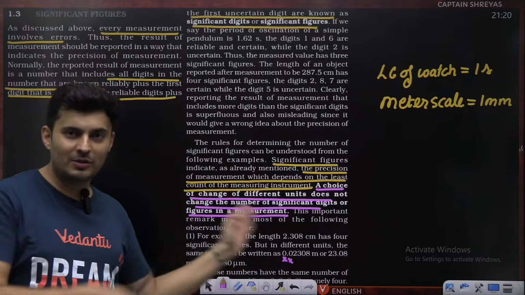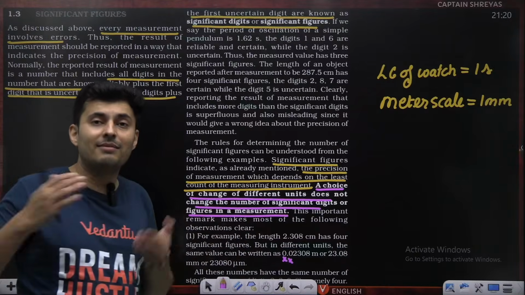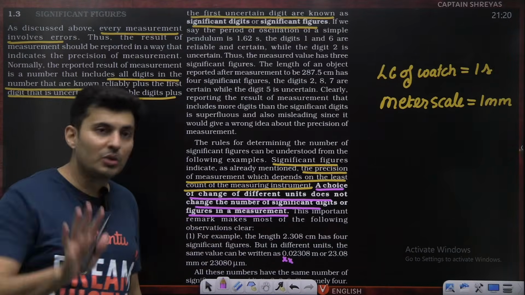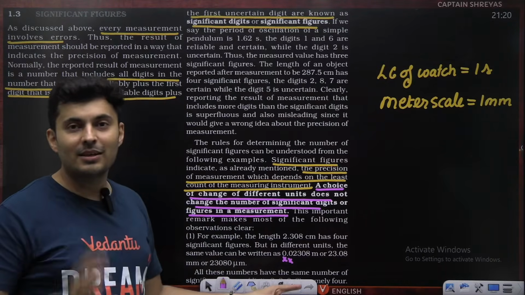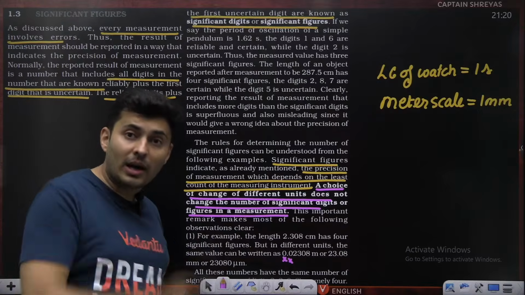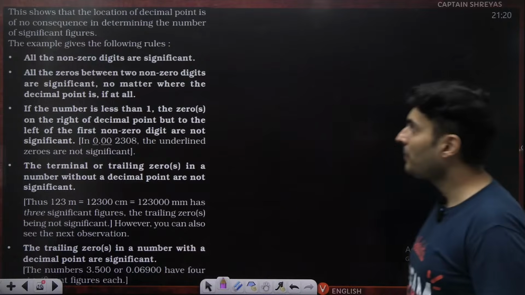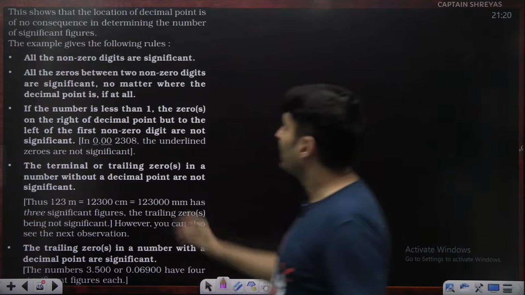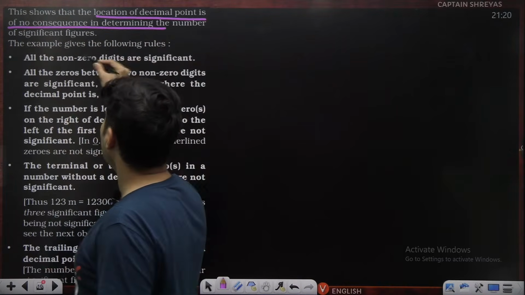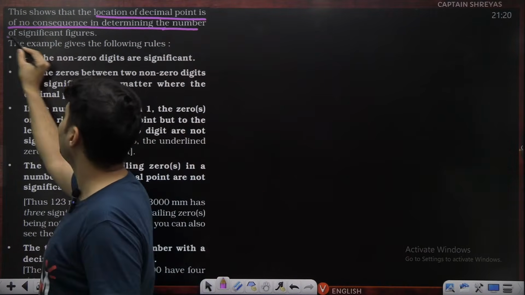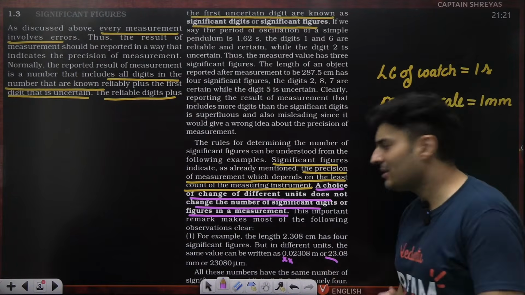No. In fact, there are rules which we are going to talk about. There are rules in determining which zeros are important and which zeros are not important. And you should know that by just changing the unit, it does not mean you have changed the significant figures. You have to make sure that when you convert, the final significant figures are equal to the initial significant figures. So this also implies that the location of the decimal point has no importance in determining the number of significant figures. Like you saw over here, where the decimal place went does not affect it.